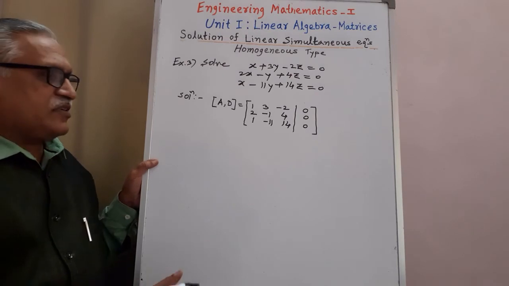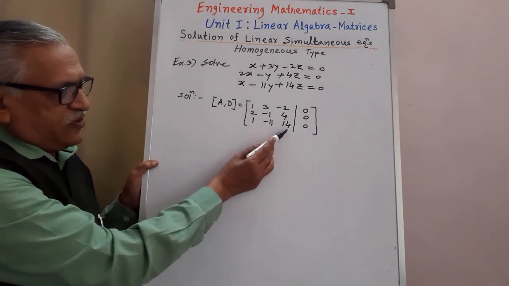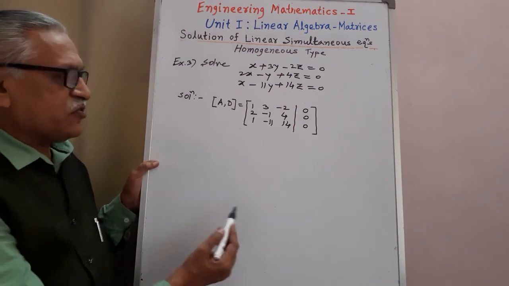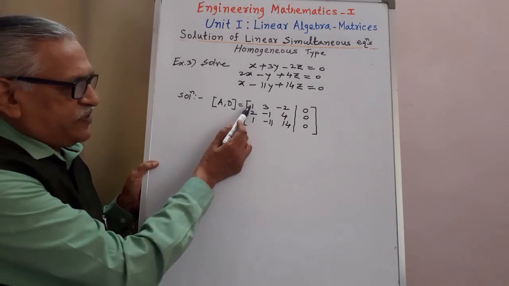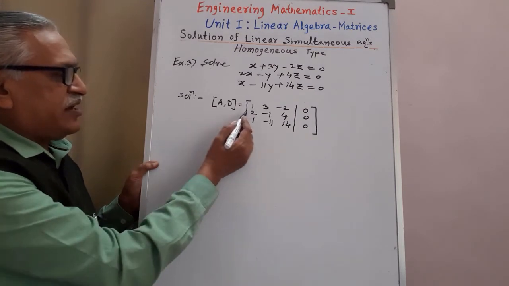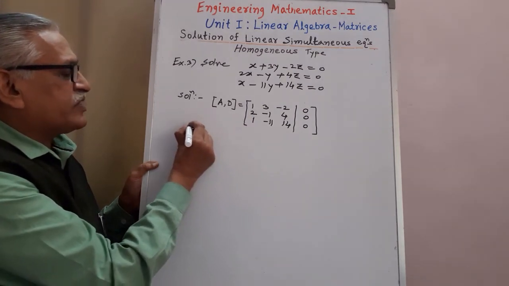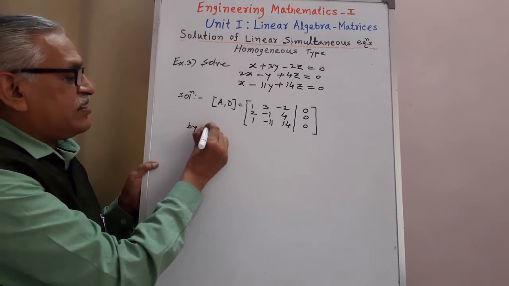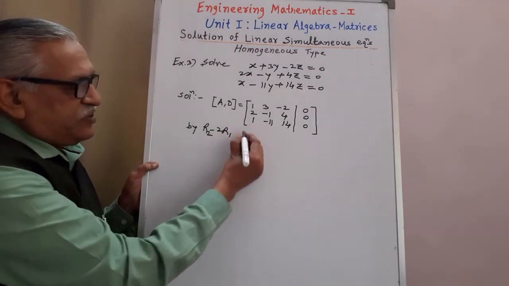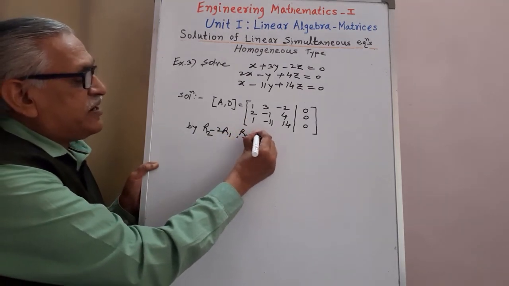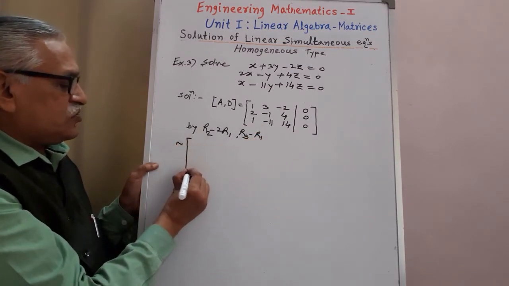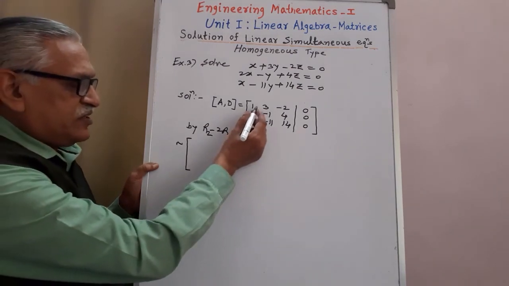Three rows and 3 columns. Then we try to convert all the principal diagonal elements to non-zero and lower diagonal elements to 0 by applying the elementary row transformation technique. With the help of this one, I can convert these 2 elements to 0. The required transformations are: 2 minus 2, 0 we get, and therefore it is R2 minus 2 times R1, and for this 1 minus 1, 0, the required transformation is R3 minus R1. Therefore, if we apply this row transformation, we get the required 0 here.